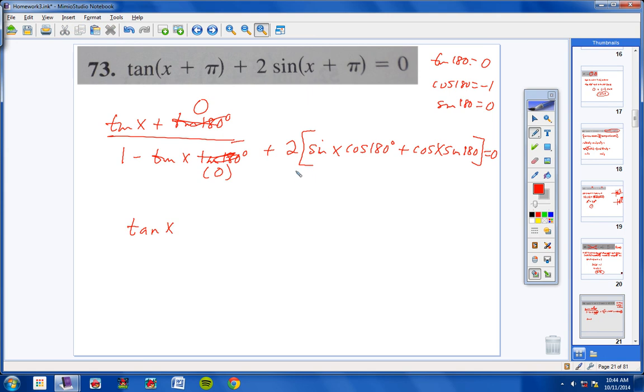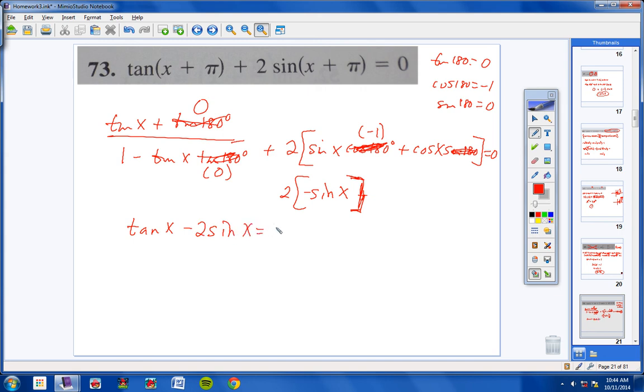Now, let's see what we have over here. Cosine of 180 would be negative 1. So I have 2 times negative sine x, because this is negative 1, and sine times negative 1 is negative sine x, plus, now I have sine of 180 is 0, and so this whole thing is 0. Cosine times 0 is 0, so I have sine x plus 0, which is really just negative sine x. So there we go. I have tangent x, and then 2 times negative sine would be negative 2 sine x